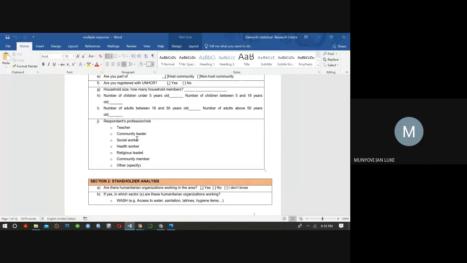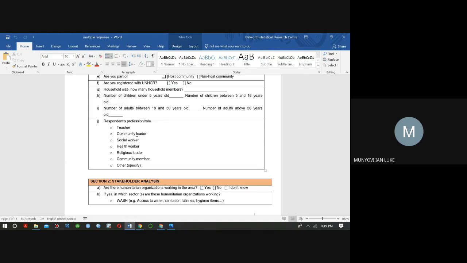listed here. I think yesterday there was someone who was asking me about the difference between a text and select one. So this is the part, to answer your question, whereby now somebody will be writing a text. So if you're an engineer, you'll come there and write engineer, or any other profession that is not listed here. So let's go ahead to our server and see how you were supposed to handle this type of question.